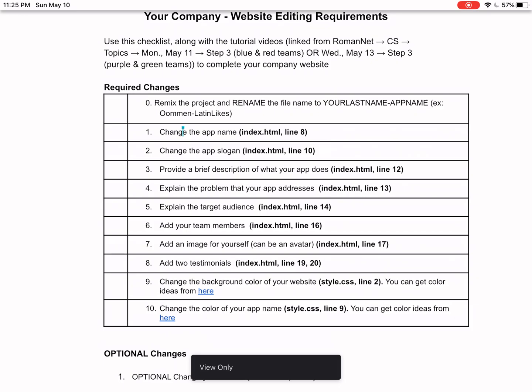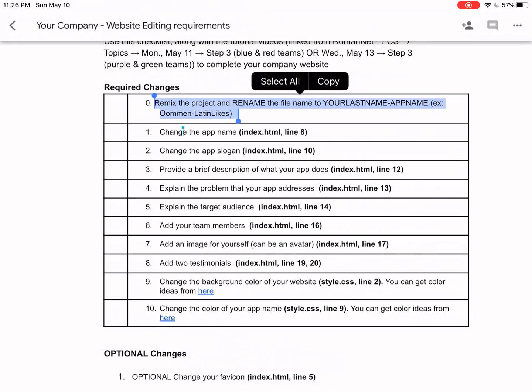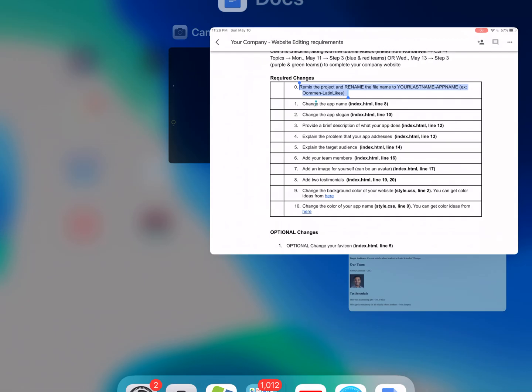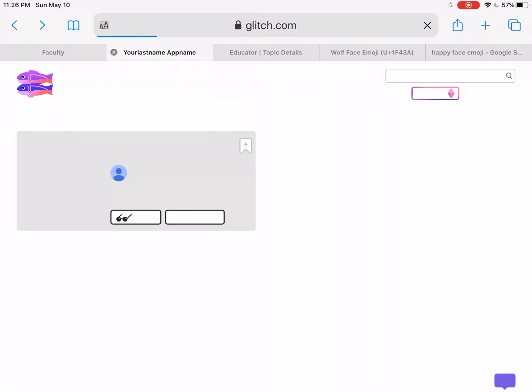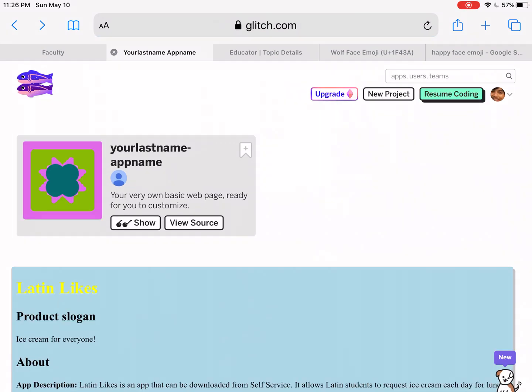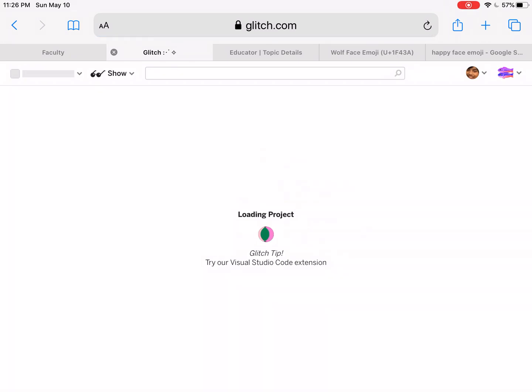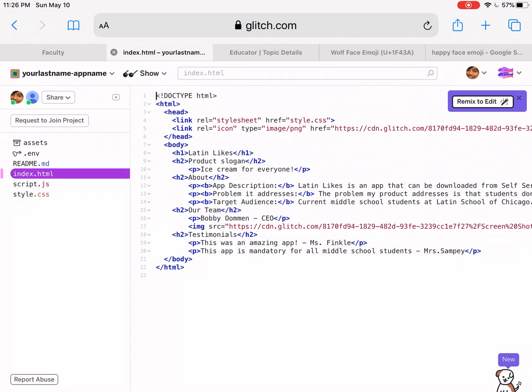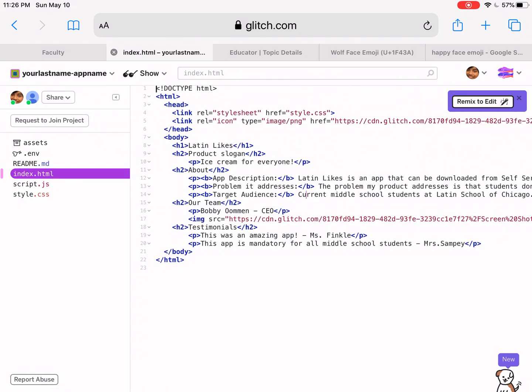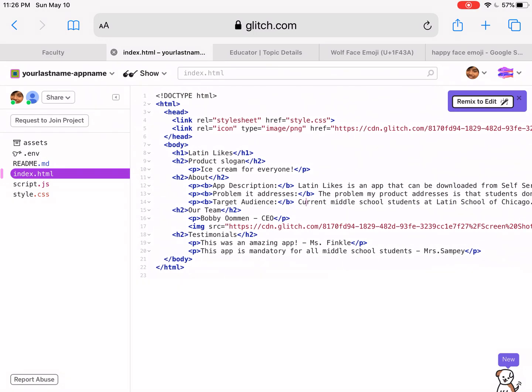So it says step 0, remix the project and rename the file. Okay, so let's go over here. If I get to this main page right here, I can click on view source, and then it'll take me right here. Now, a couple things before I get into it. You'll notice that you've hopefully seen from the videos that you have to write your HTML code in your index.html file. So I'm looking over here at the left side. You'll notice the